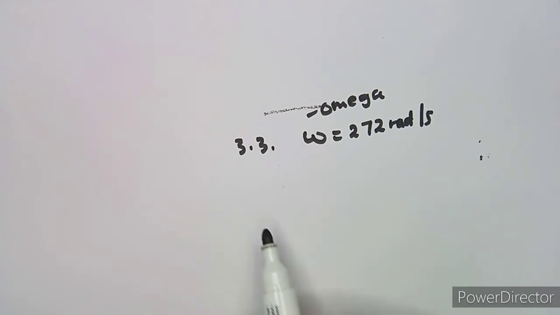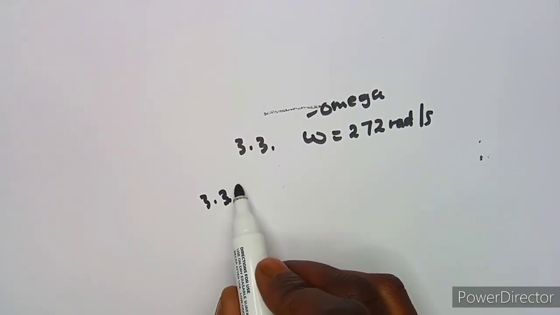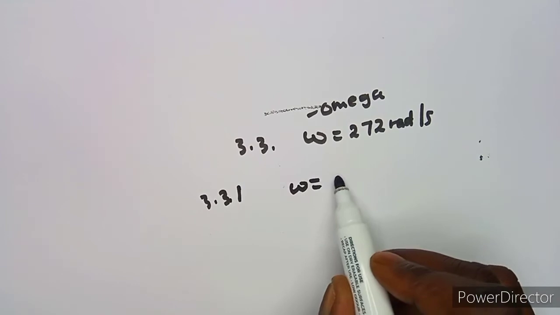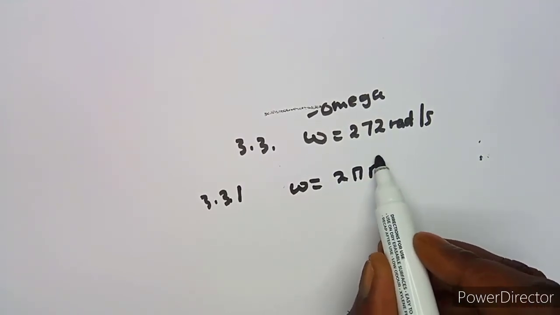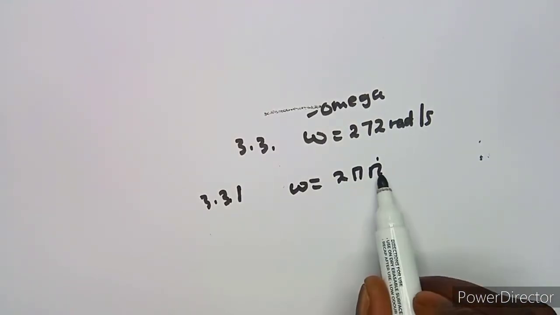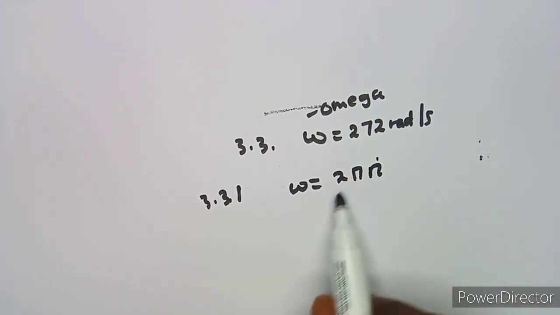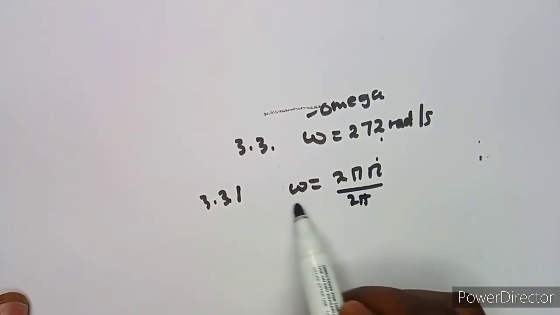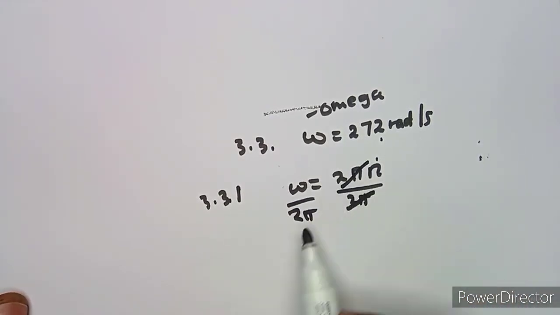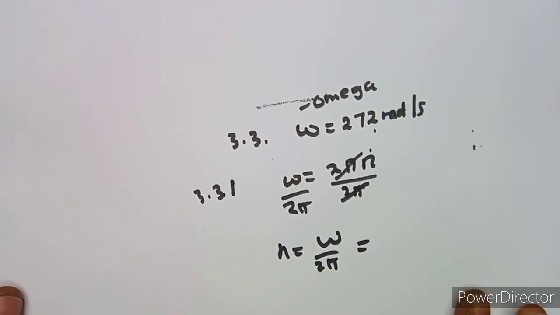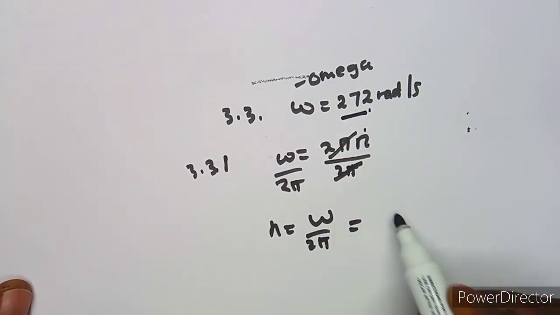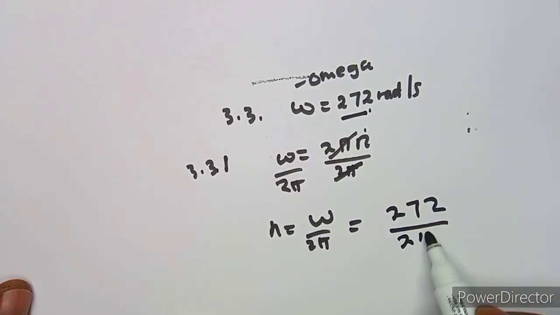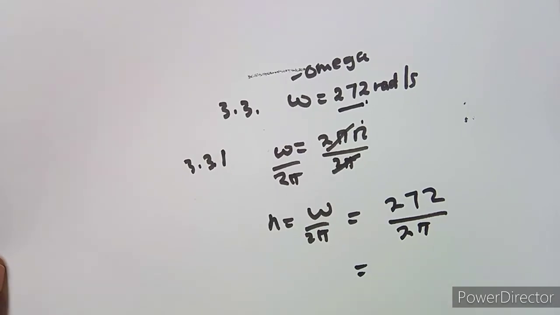So actually we know that omega is equivalent to 2 pi n, where n in revs per second is our rotational frequency. So we can play around with this to make n the subject. So we can divide by 2 pi by 2 pi. So that's n is equivalent to omega over 2 pi, which is our omega, which is this 272 over 2 pi. All right, and this is going to give us something like